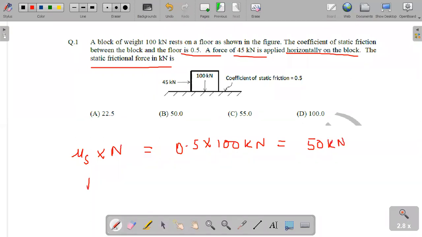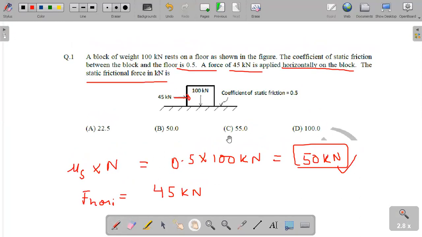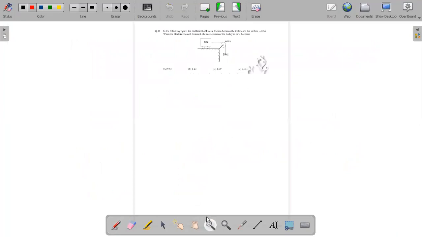Now what is the driving force in horizontal direction? That is 45 kilonewton. ये 45 kilonewton है ना? नहीं, वो मैं नहीं बोला था। 100 किलो न्यूटन जो नॉर्मल फोर्स है वो वेट होगा, उस बॉडी का। 100 kilonewton पूरा टोटल mg दिया हुआ। हाँ mg, ठीक है। तो स्टैटिक फ्रिक्शन फोर्स क्या है यहाँ पर? ये तो 50 हो जाएगा ना सर। डायरेक्टली। तो you can see कितना इजी क्वेश्चन आते हैं ये एग्जाम में।